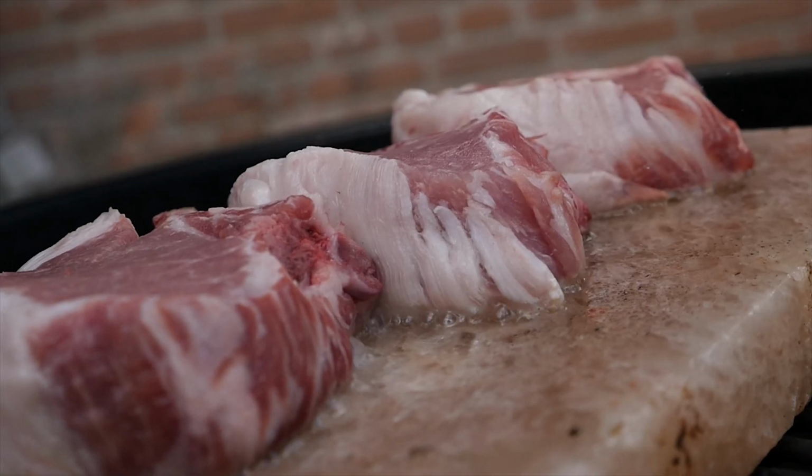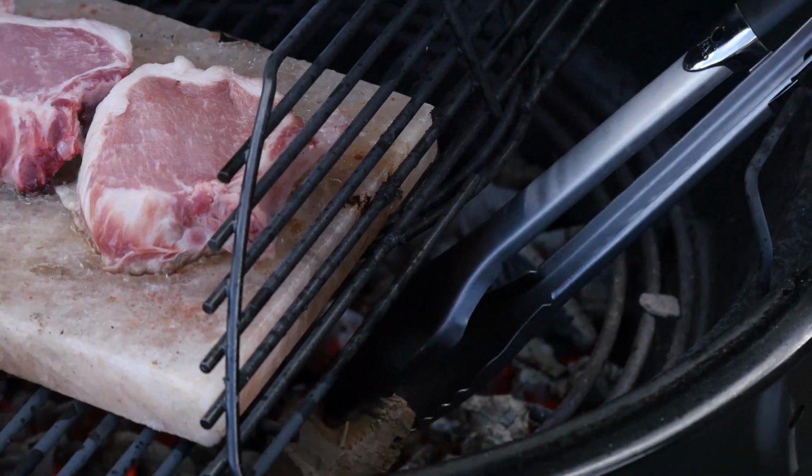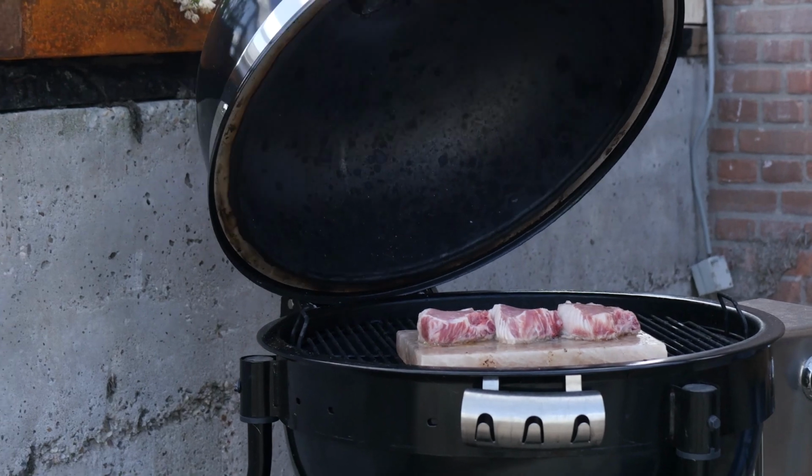Our pork chops are sizzling away nicely. We want to add a chunk of smoke wood just to add a little bit of extra flavor. And this is apple, by the way, which goes perfect with our pork. We'll close the lid, so we're giving the pork chops the opportunity to cook